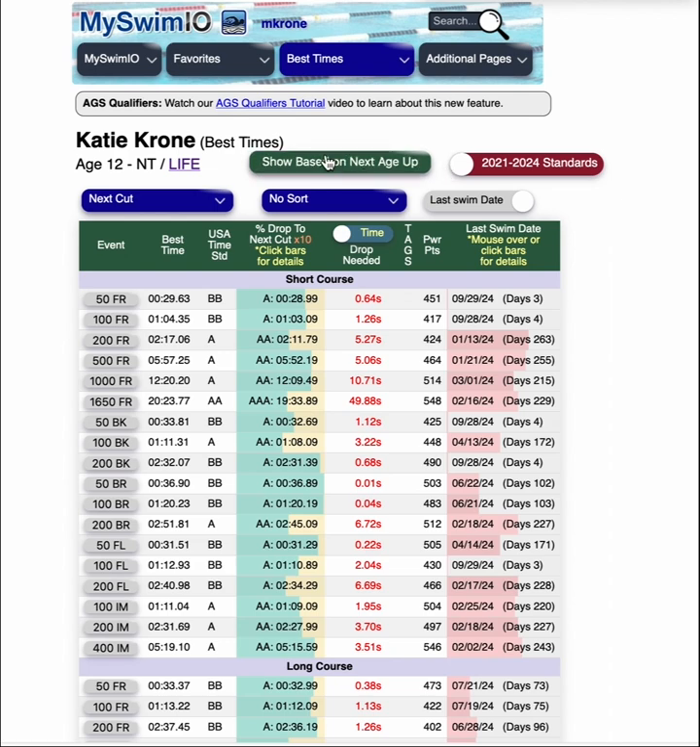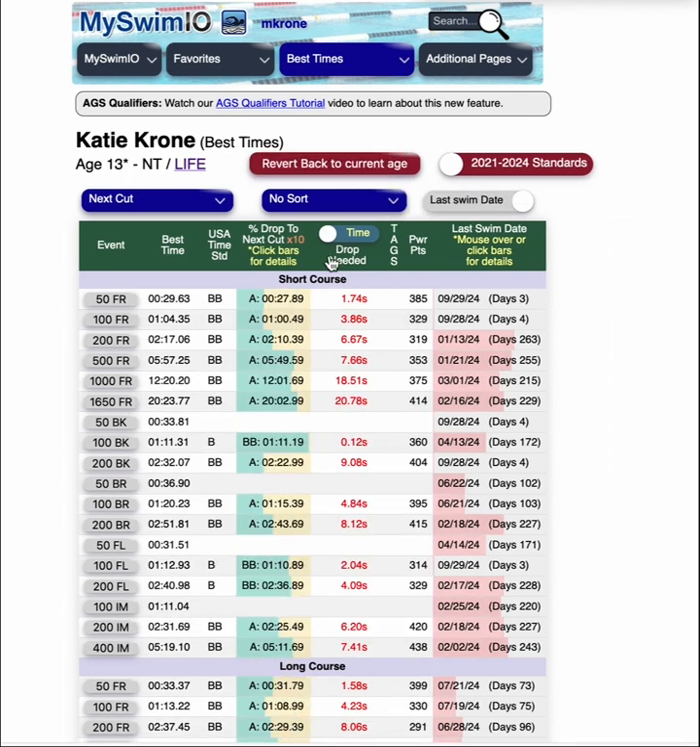One of the options here is to display based on next age up. My daughter's 12. If I want to see what her time standards will be, what cuts she'll have as a 13, 14-year-old, just click on that and it immediately changes the time standards, the progression. It will change her AGS qualification, PowerPoints. Just with the click of a button, you can see what it's going to look like